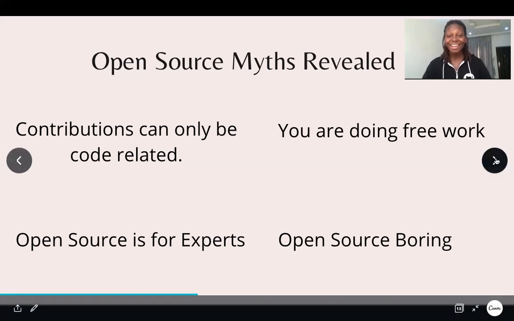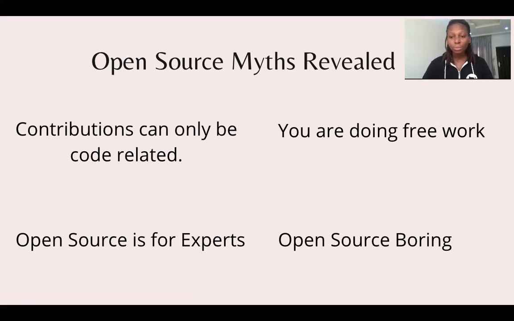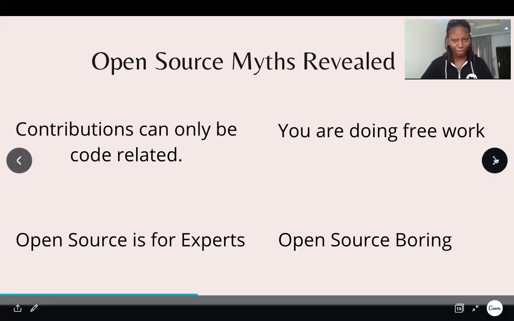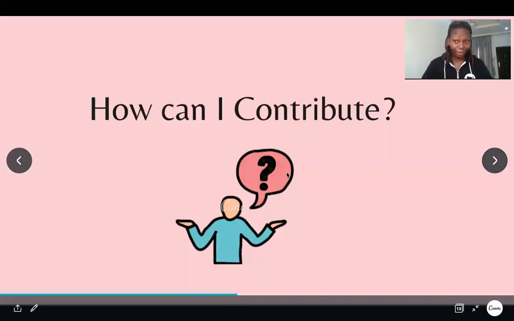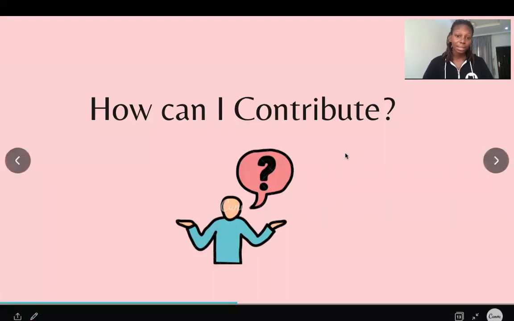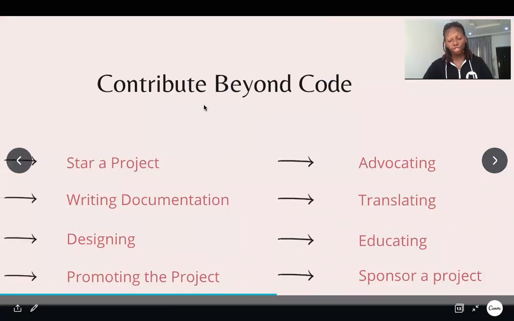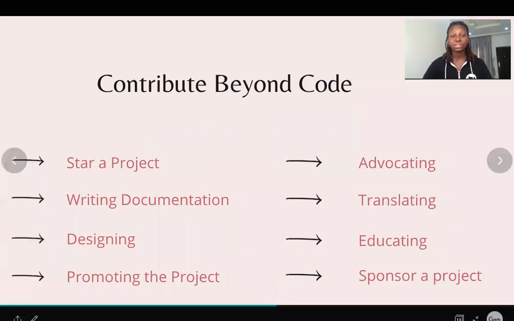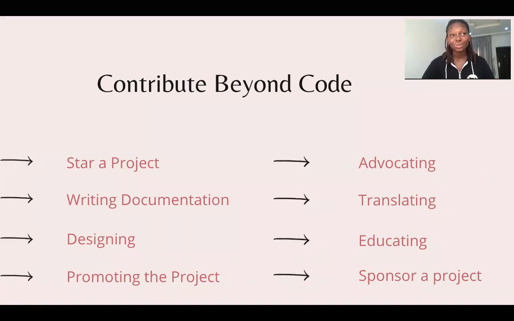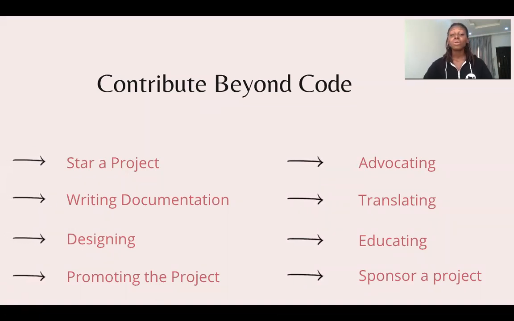And well, if you're wondering how to get started with open source, let's look at some of the ways you can. So, how do I contribute to open source? Let's look at some of the ways you can contribute to open source without writing a line of code. Aside from fixing issues in open source organizations, taking up code related issues, and writing the code base, there are so many other ways you can contribute to open source without writing a line of code.